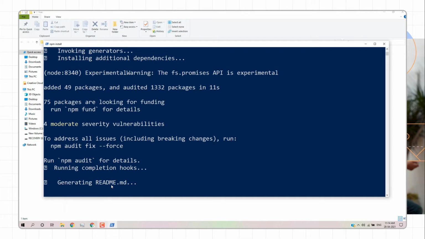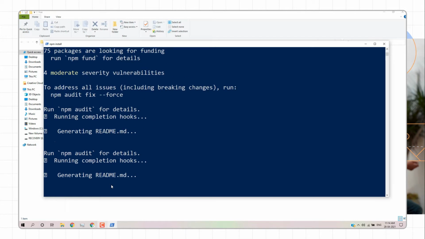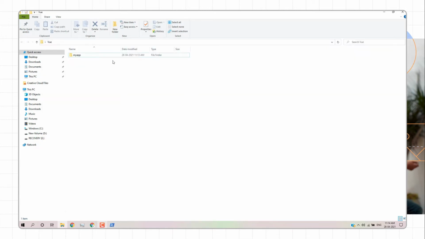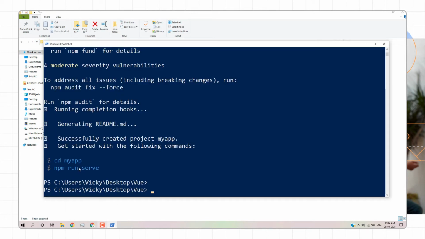Okay, so my project is ready, and then we have a directory. This is the project folder, my app, and inside my app we have some files. We can go to it with the cd command, change directory, and the project name. My directory name is my app.